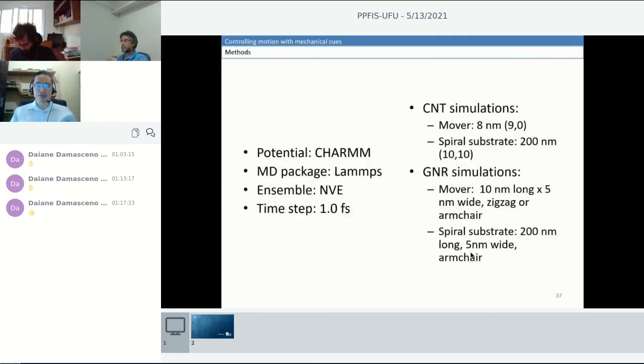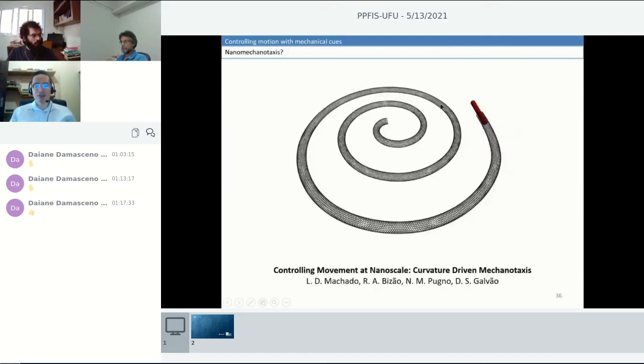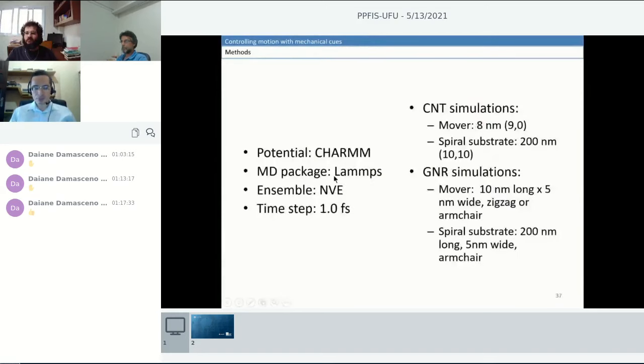These are the methods we are using here. I'm using the CHARMM potential. This is a non-reactive potential. It cannot describe the formation or the destruction of bonds. But in this case here, we don't expect to see any kind of effect like that. We don't expect bond creation or destruction of bonds. So for what we need, this potential is